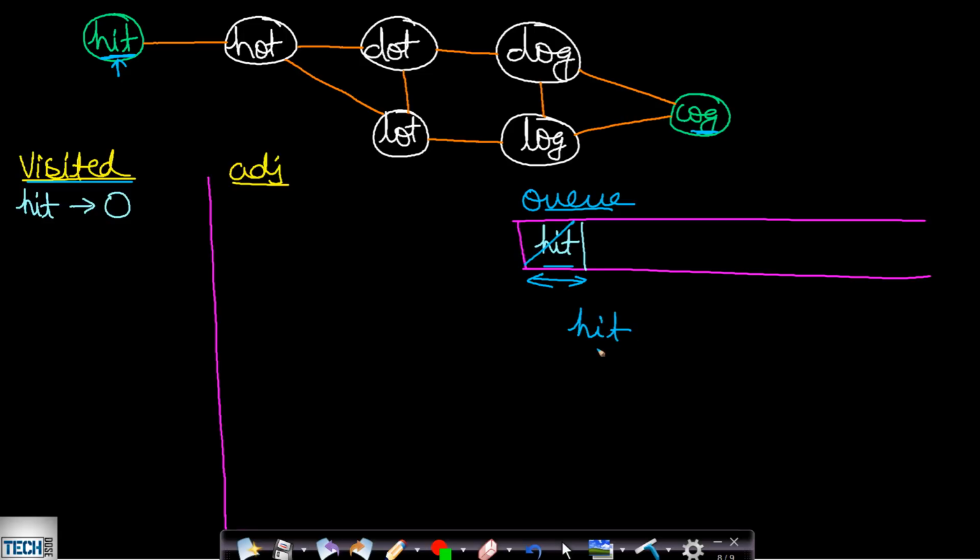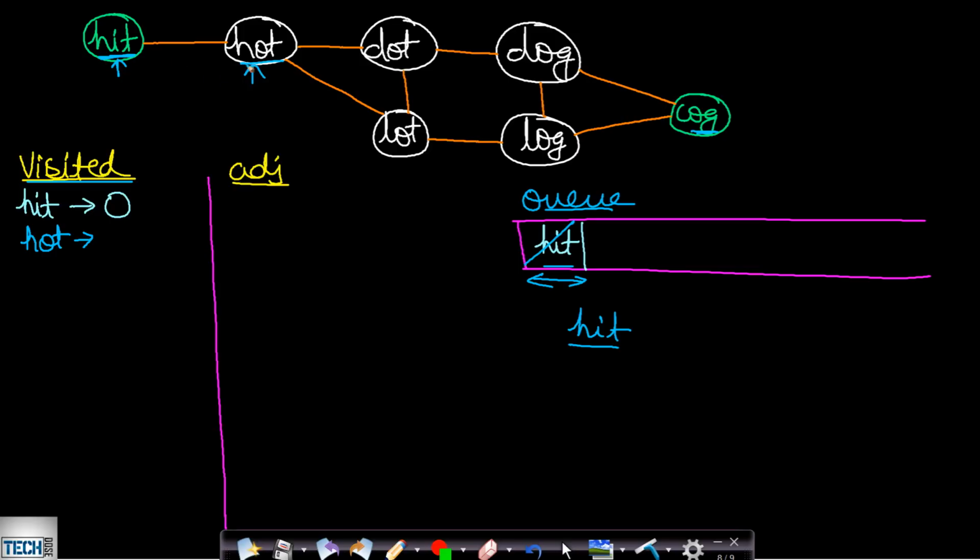We will try to perform all possible transformations, and the details of these steps are already given in Word Ladder 1, so I will not be repeating it. Once we perform a one-step transition, we can reach hot, because hot is present in our word list. So we will check if it is already visited. It is not visited, so we will mark it as visited. And since we are processing hit and there is a direct edge from hit to hot, and hot was not visited, therefore hot must be a child of hit.